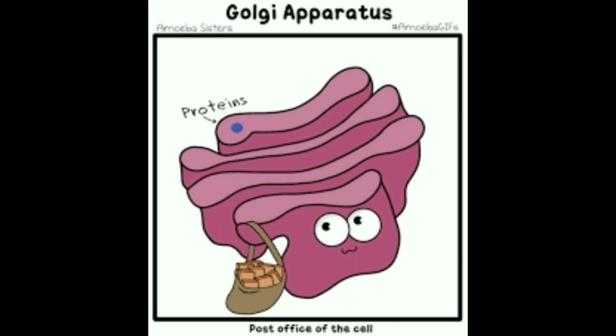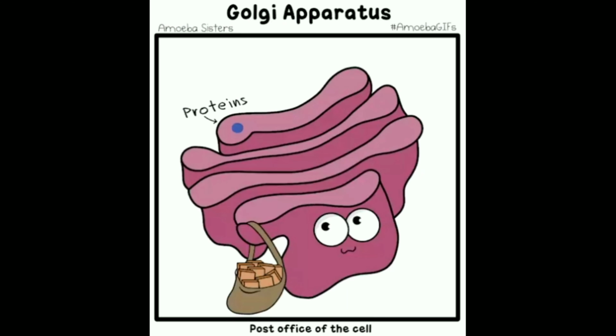Coming to the eighth one, that is the Golgi apparatus. Actually, it was first observed by Camillo Golgi in the year 1898. In honor of him, the name is given as Golgi complex, also known as Golgi body. This organelle is made up of sac-like structures around which many fluid-filled vesicles abound, meaning surround. The proteins and other substances reach the Golgi complex through vesicles.